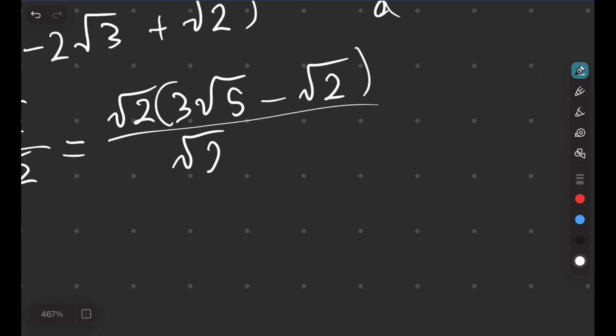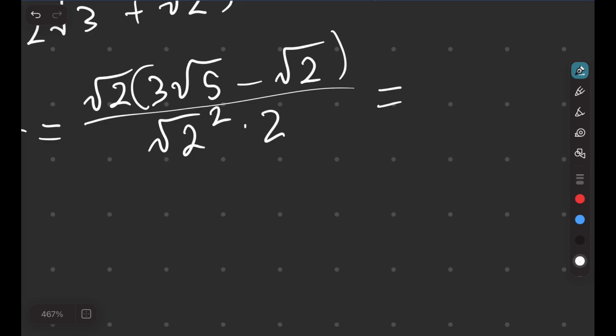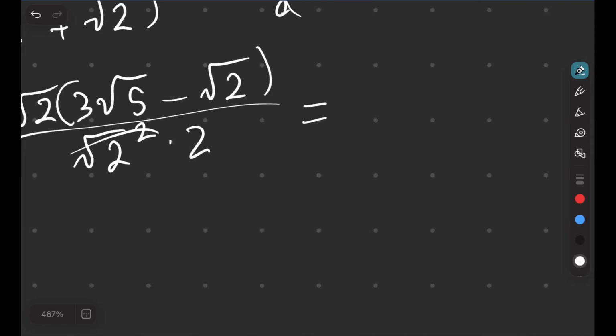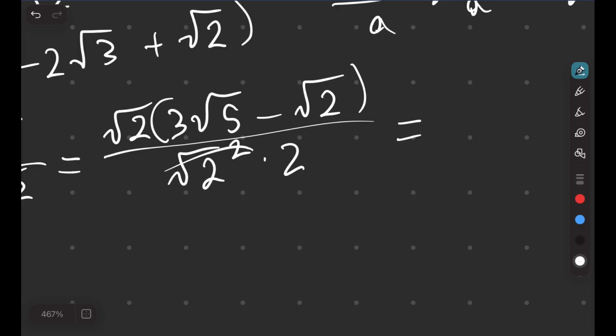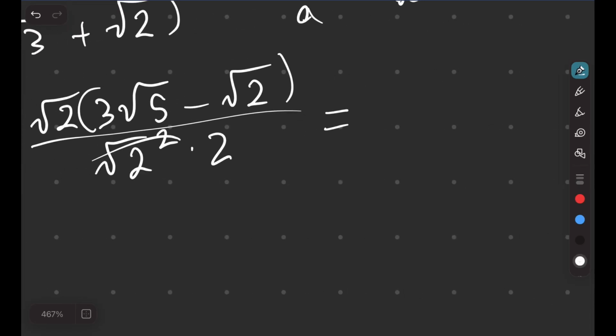And then we've got root 2 squared times 2. And then we're going to simplify this one as well, right? We know right here it cancels out, and then we're done. If that's all the question asks for, to rationalize the denominator, then we're done. But if it asks you to simplify, which sometimes it will, and depending on your teacher, of course, they might ask you to simplify it every time. But when I was in high school, they did not ask me to do that. So I'm going to do it anyway, but know that you may get docked marks if you forget to do this. Alright, so we've got